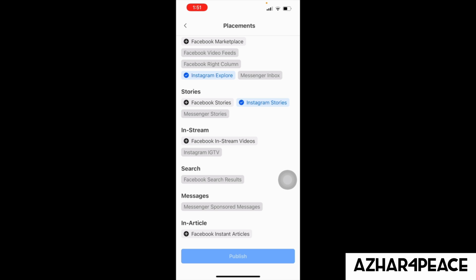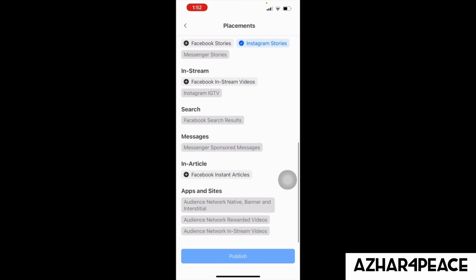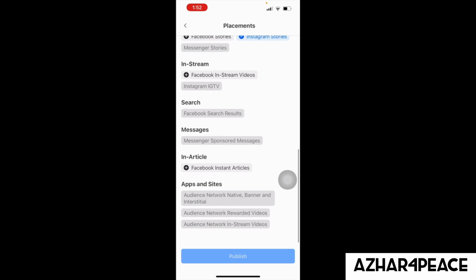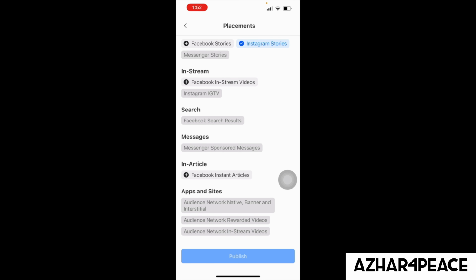You can put it in Facebook stories, Instagram stories, Messenger stories, and in-stream. You can run it in Facebook in-stream videos, Instagram videos, even in Facebook search too. There is a lot of information in here. It's also showing you can run in apps and sites too.